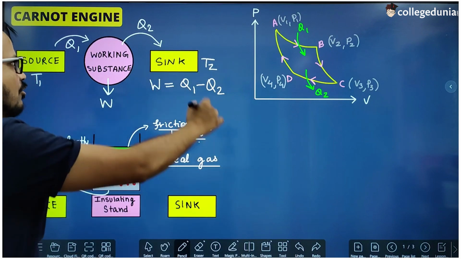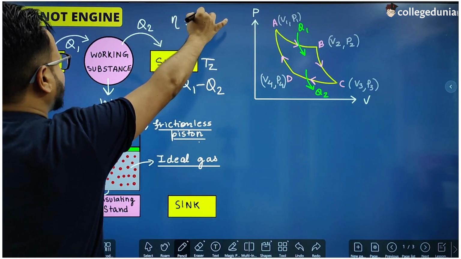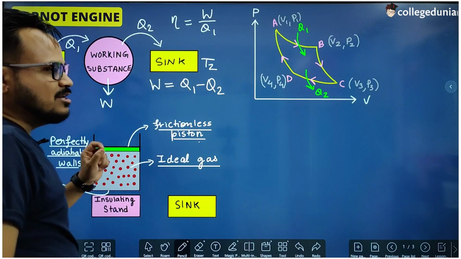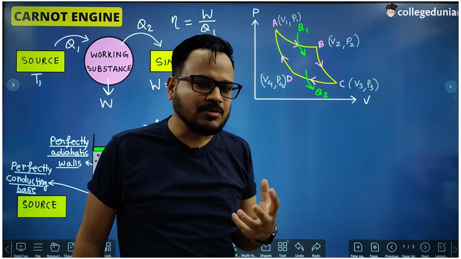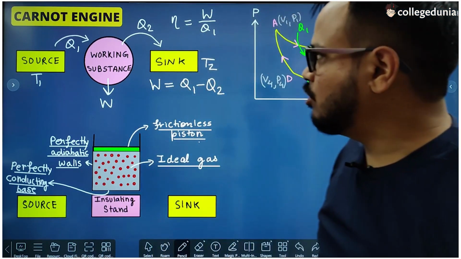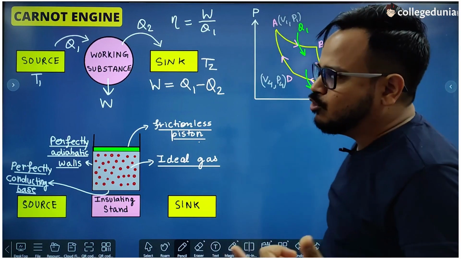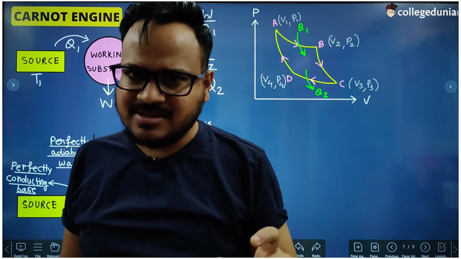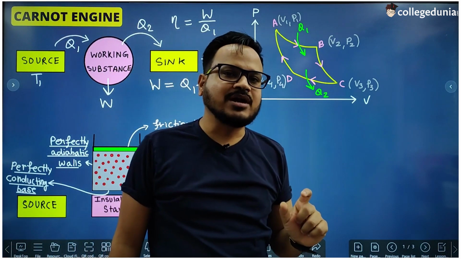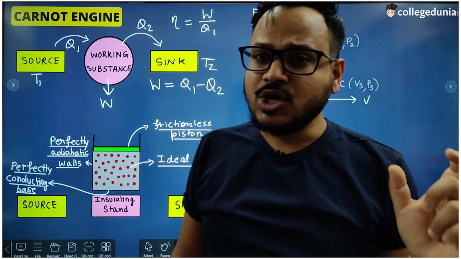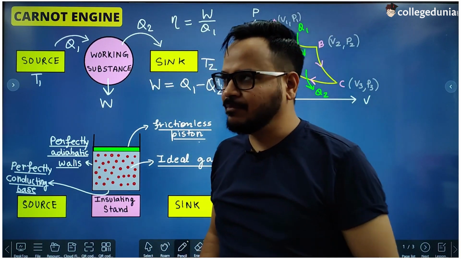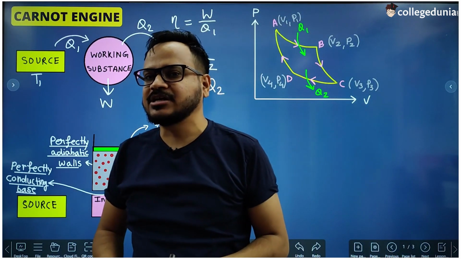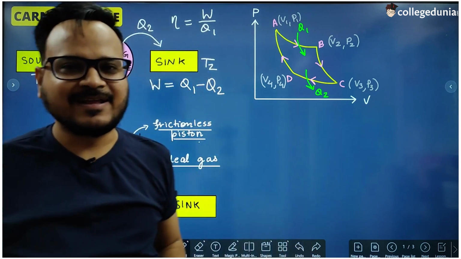And what is the efficiency of the engine? Efficiency of the engine is simply the total work done divided by the heat absorbed. The total useful work done was W and the heat absorbed was Q1. So the efficiency of this heat engine is W by Q1. This W by Q1 will give you the value of efficiency in fractions. If you want to convert that efficiency into percentage efficiency, you have to multiply it by 100. For example, if it comes out to be 0.8, then the efficiency of the engine will be 80% because 0.8 into 100 is 80, right?